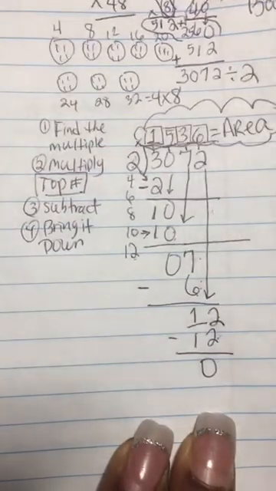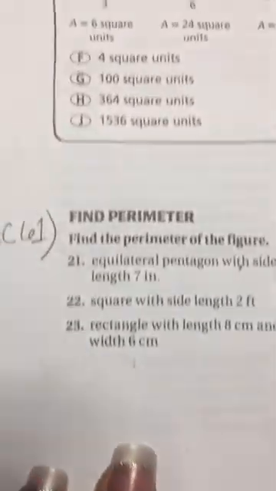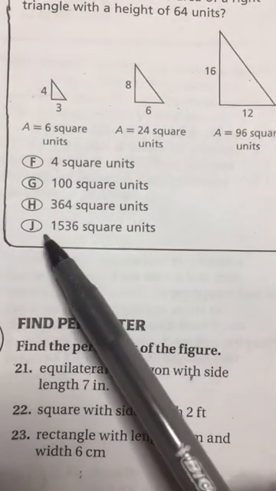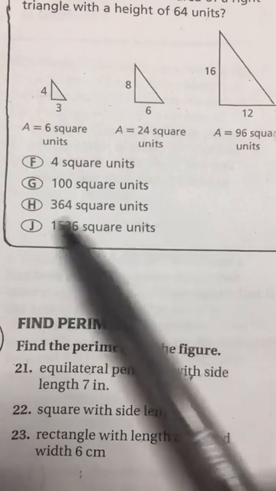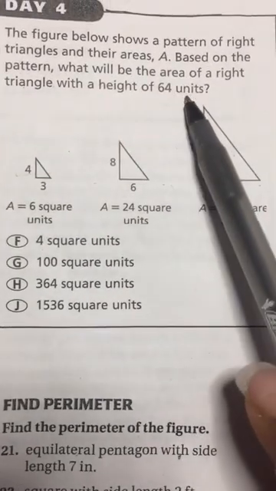So let's look at our answer choices and see if we find an area of 1536, and we do. So the answer is J. 1536 square units is the answer of a right triangle with the height